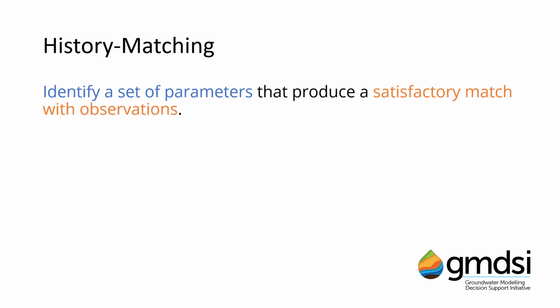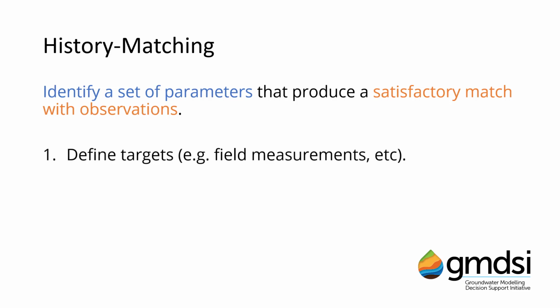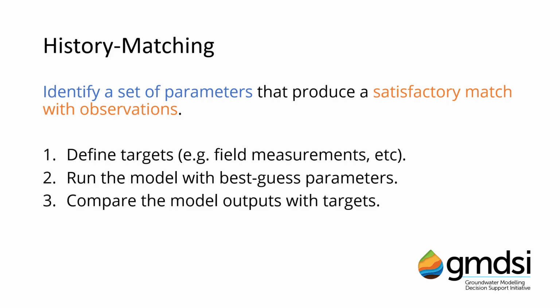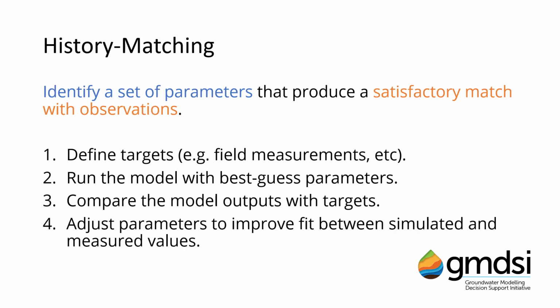Very roughly, this process requires identifying targets, or which observations we care about and wish to try to fit with our model; running the model with some best guess parameters, so essentially solving the forward problem using a set of selected parameter values; comparing the model outputs to measured data, so assessing whether that fit is satisfactory using some metric, usually some statistical measure of misfit; and if that is not satisfactory, adjusting the parameters again